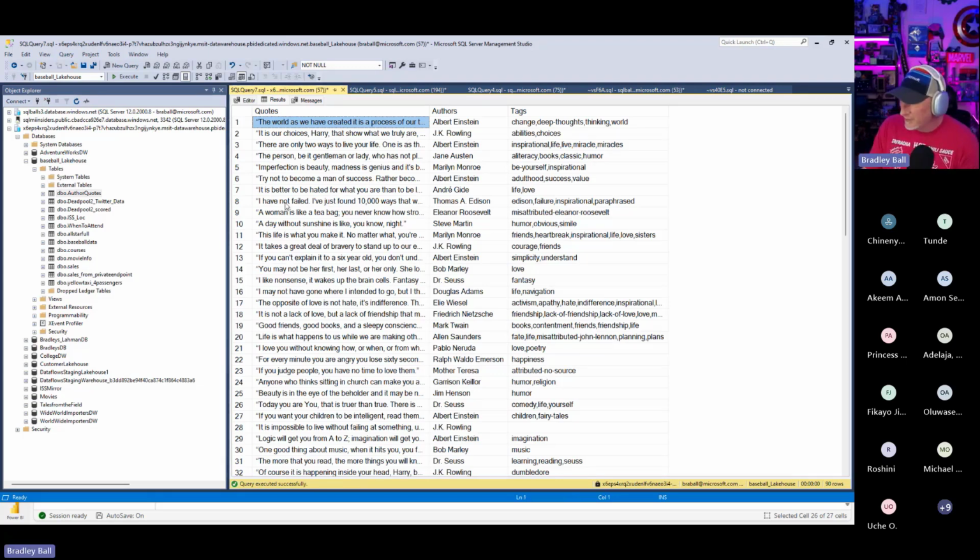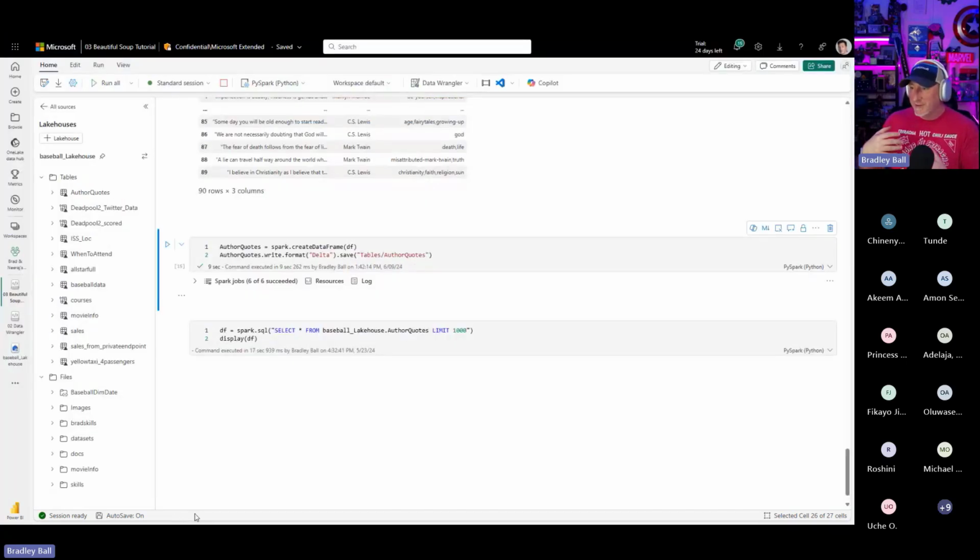So again, what have we covered? Okay, let's look at this, right? So we can download data using PyODBC. We can do it from a URL. We can even go out and web scrape that information. We could use Data Wrangler if I wanted to, right? I could come in here and say, let's use the data frame on author quotes, if there was something in Data Wrangler that I needed to do for it. All of our data is here. We've got these capabilities. Again, really, really great stuff.